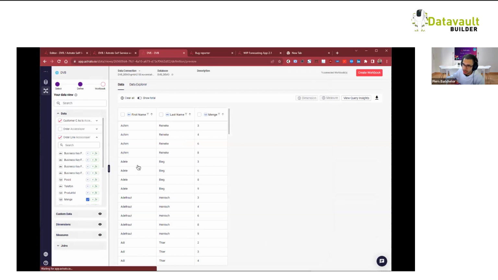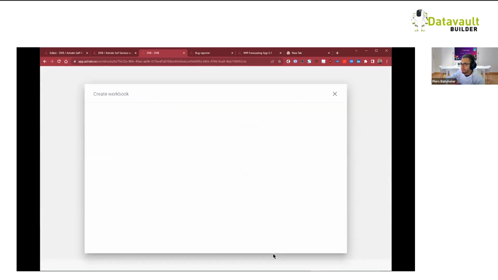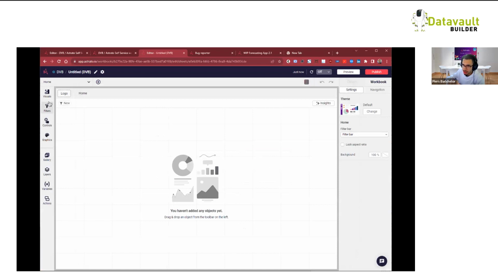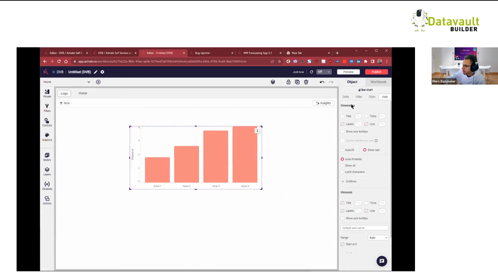So I'm happy with my data model here, my data view, and I'm ready to go to the next stage. So I'm going to create a workbook. I'll keep it nice and simple. I don't need to pick a layout. I'm going to start from scratch because I'll be adding our custom report and a simple bar chart. But just so everyone can see this a little bit better, I'm going to turn off the grid here to disable snapping. So adding in a bar chart, let's look at,